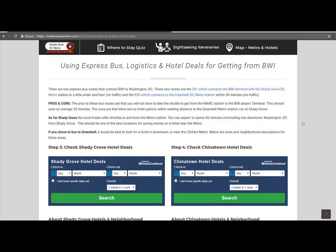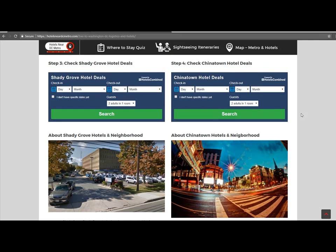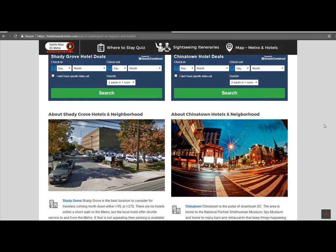The other option to get from BWI to DC is to utilize two different bus routes. There is a bus that will take you to Shady Grove, which is the last stop on the Metro Red Line, or it takes you to Greenbelt, which is almost one of the last stops on the Green Line. So once you get to Shady Grove, you could hop on the metro and go further into the city and find a hotel near the metro, which our site can help you do. You could also stay at Shady Grove and get a hotel that has a shuttle to and from the metro